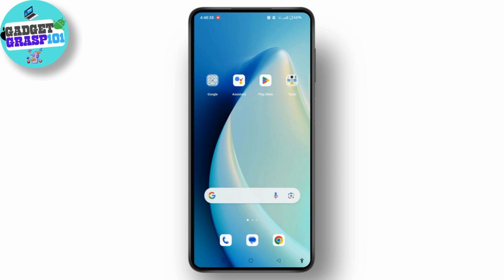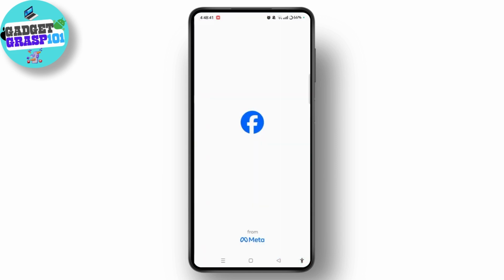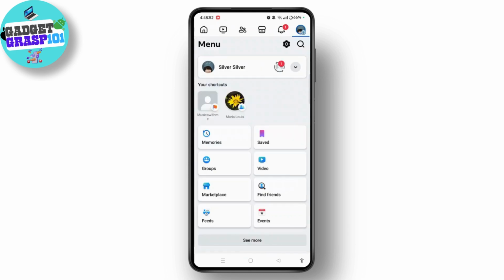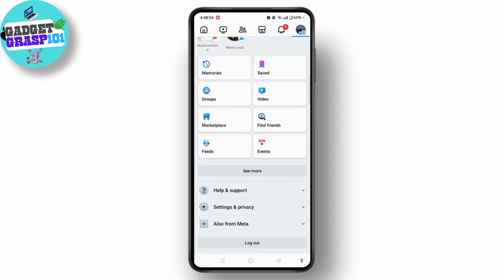First of all, open the Facebook application on your device. Then log into your Facebook account. Then select the three-line icon at the top right corner to access the menu section. Now on this page, you have to scroll to the bottom of the screen and then locate Settings and Privacy